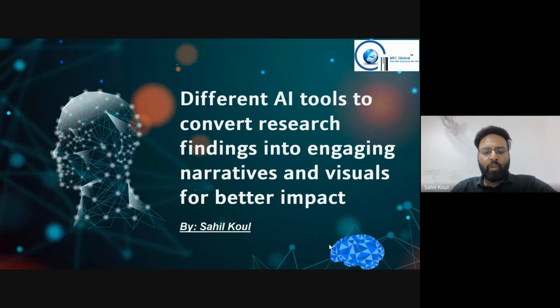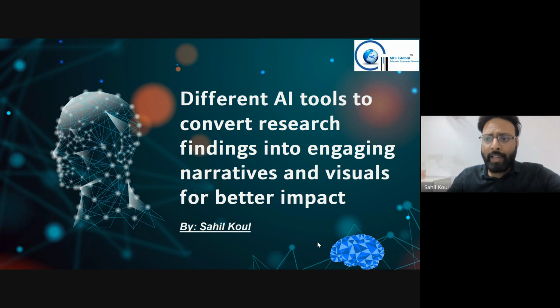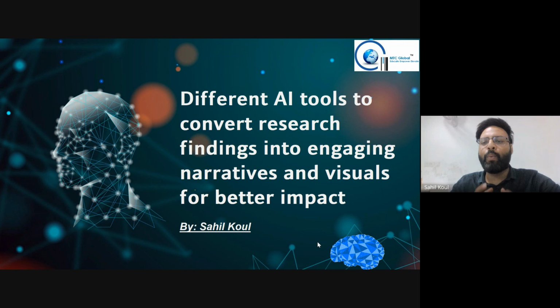Great. So yesterday we discussed the tools, just the names of those, and we saw the Research Rabbit tool and how it works. So today we are going to do hands-on work with some of the tools. We'll be using ChatGPT, Semantic Scholar, and Canva. These tools are, as I said yesterday, very important in terms of resonating with the end user and simplifying our jobs. That was basically the gist of what we did yesterday.